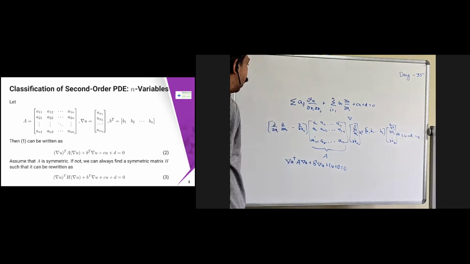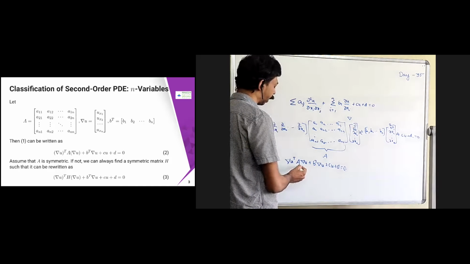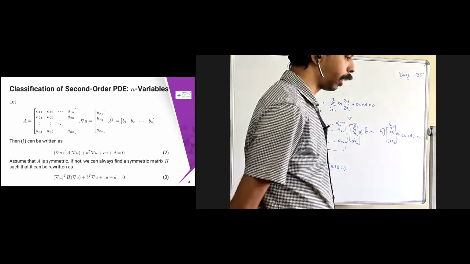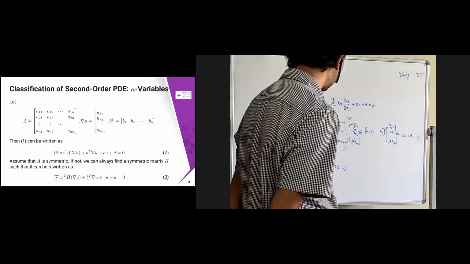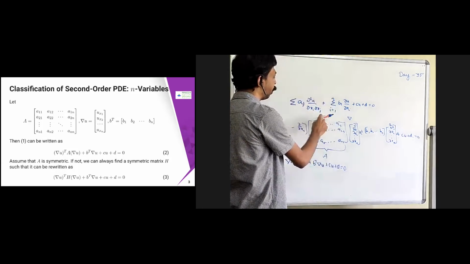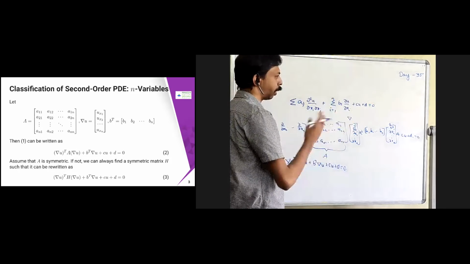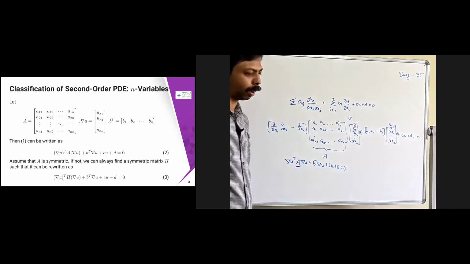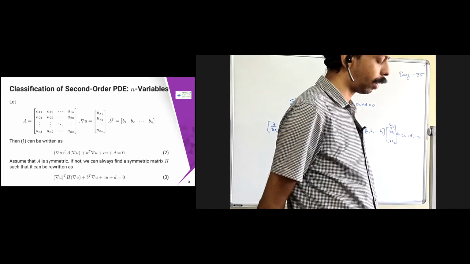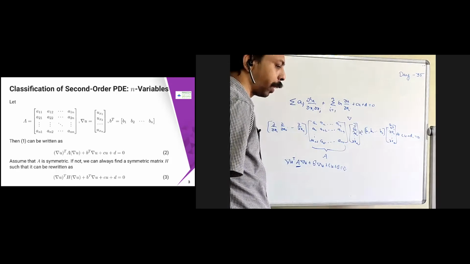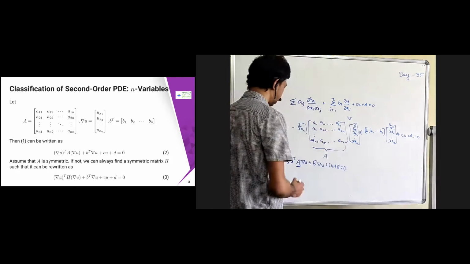Now what we have is that we are looking for A to be symmetric. Suppose it is not symmetric, using some properties you can split it into halves. We are assuming that dou xi dou xj is the same as dou xj dou xi, so you can split into half for one part and half for the other part, and convert it into a symmetric matrix form. Even if it is not symmetric, you can always find an equivalent A such that it is symmetric, so you can just rewrite this equation.